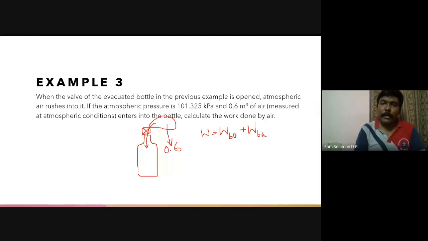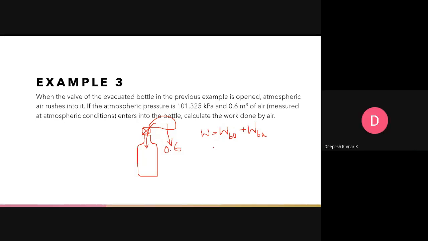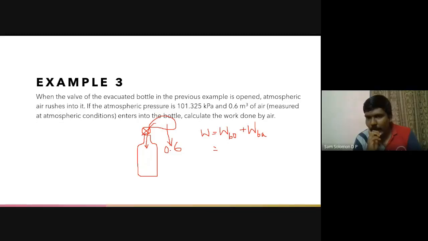So can you now tell me what will be the work done in case of a bottle for this particular example? Can anyone of you guess? What is the volume of air in it changes? First it is 0, and then when the air comes from the balloon, the volume of air in the bottle increases. So there is a change in volume.